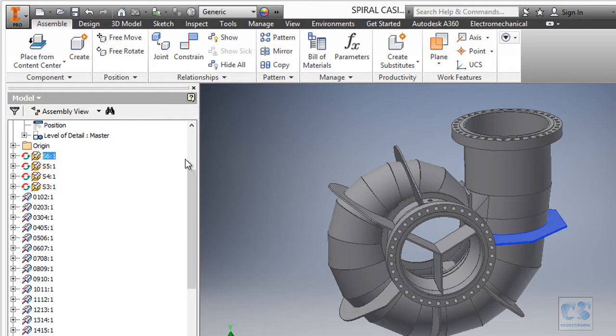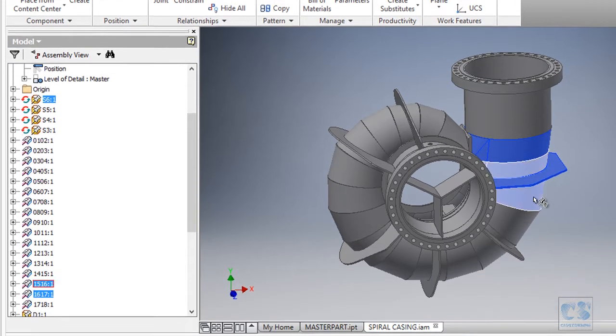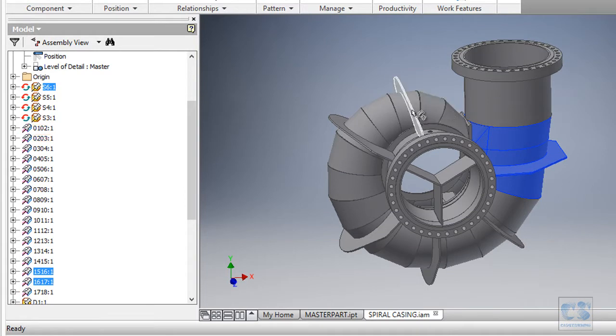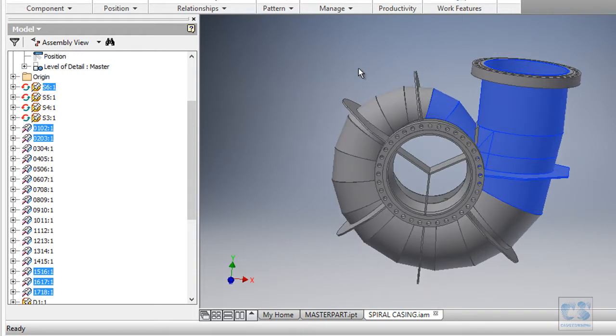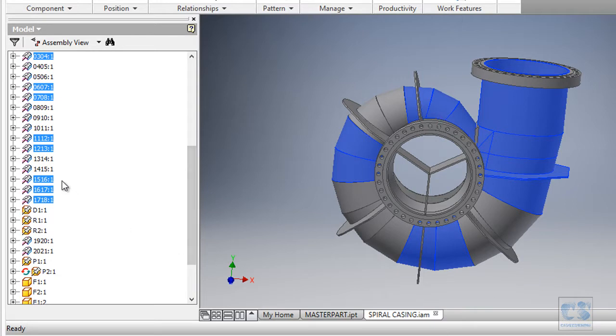So we want this one. With control we can select this, and this is 2 to 3. So we have this 1 to 2, 2 to 3, this one, and the next one is 3 to 4, then 6 to 7, 7 to 8, 11 to 12, 12 to 13, then 15 to 16, 16 to 17,